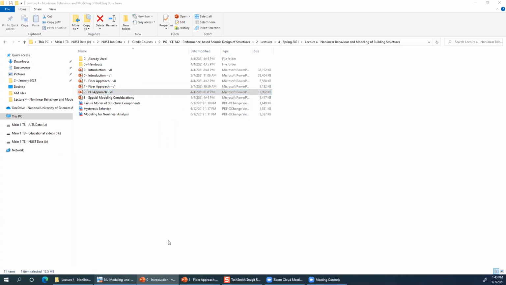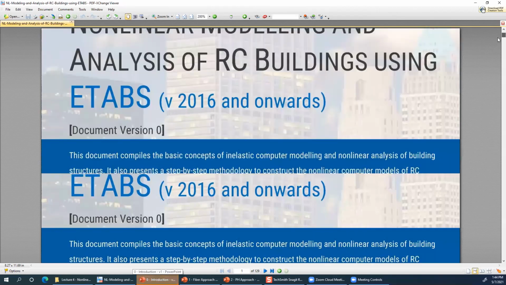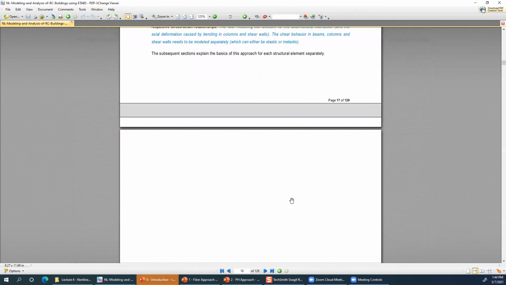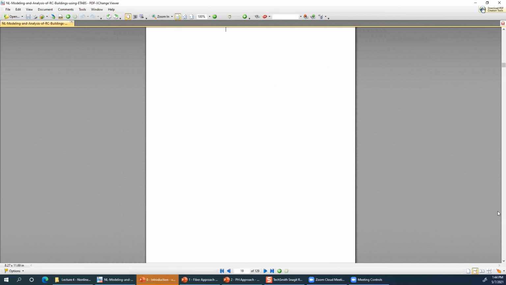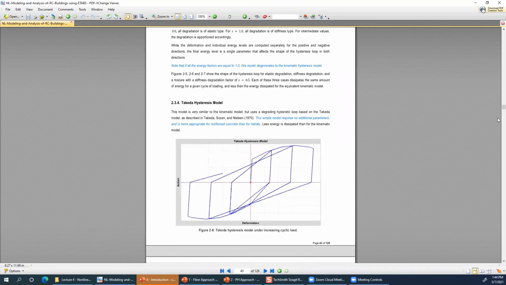Okay, let me use that manual, by the way, which I have just introduced. Please download that manual, and this gives you very detailed information about nonlinear modeling. So for fiber modeling, all of the information is available in this manual which I have shown you. But let me go to ETABS now and show you where you can actually define the fiber